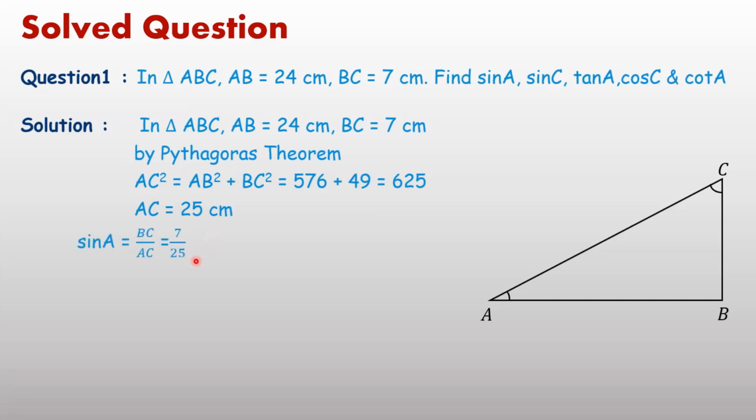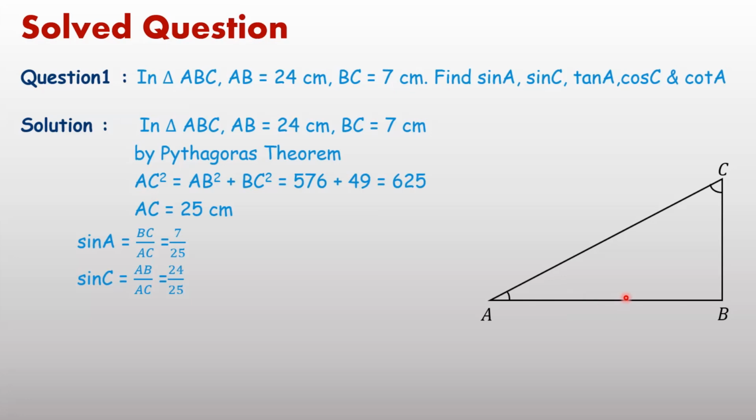After getting the value of AC, then find the value of whichever ratio is required. Sin A, sine of angle A, is perpendicular upon hypotenuse. Hypotenuse means AC, and perpendicular for angle A means the side opposite to angle A, that is BC. So BC upon AC equal to 7 upon 25. Sin C, for angle C